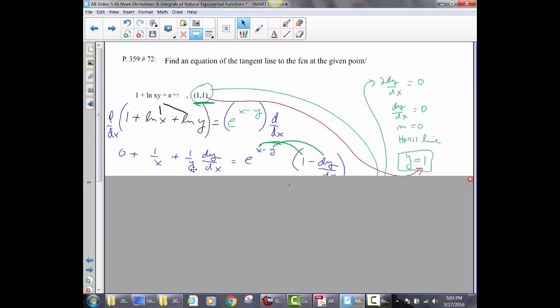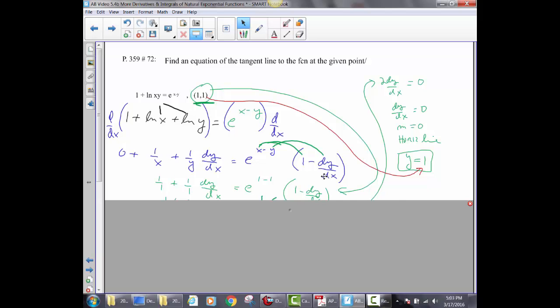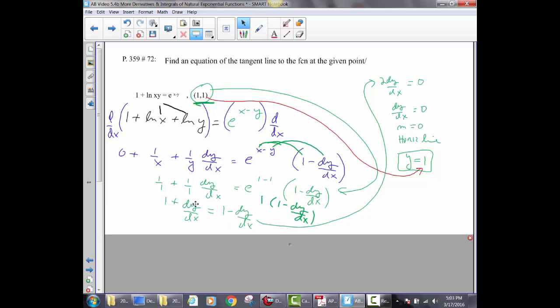So now we're going to take the derivative, that's 0 plus 1 over x plus 1 over y dy/dx equals e to the power times the derivative of that power, which will be 1 plus dy/dx. So we're trying to find this at the point where x is equal to 1, and of course y is equal to 1. So I replace the x's by 1s, the y's by 1s, 1 minus 1, and I will end up with